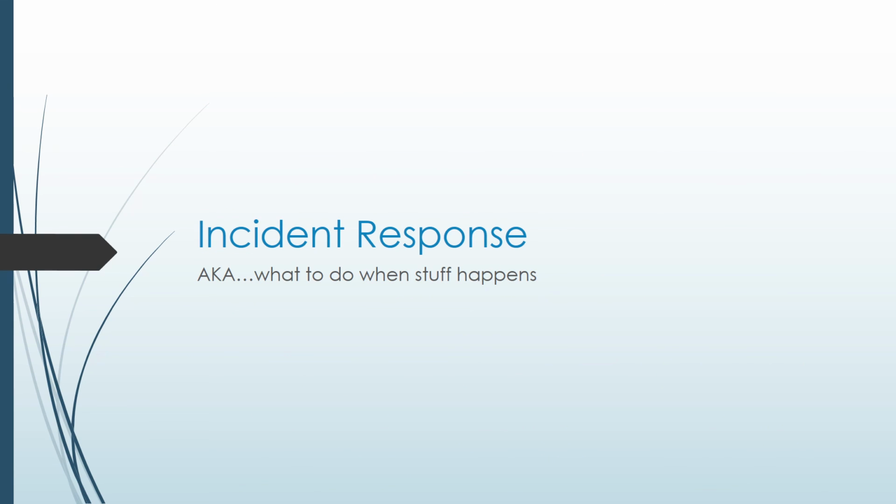Okay, so those are the policies. I know that that's a lot. Both of those documents, both the Code of Conduct and the Community Living Policies, can be found online. It's very important, as I mentioned, for RAs to know what those policies are because you're relaying that information to your residents, and we're asking you to respond to policy violations. So this next half of this presentation is going to talk about incident response, or what to do when stuff happens.